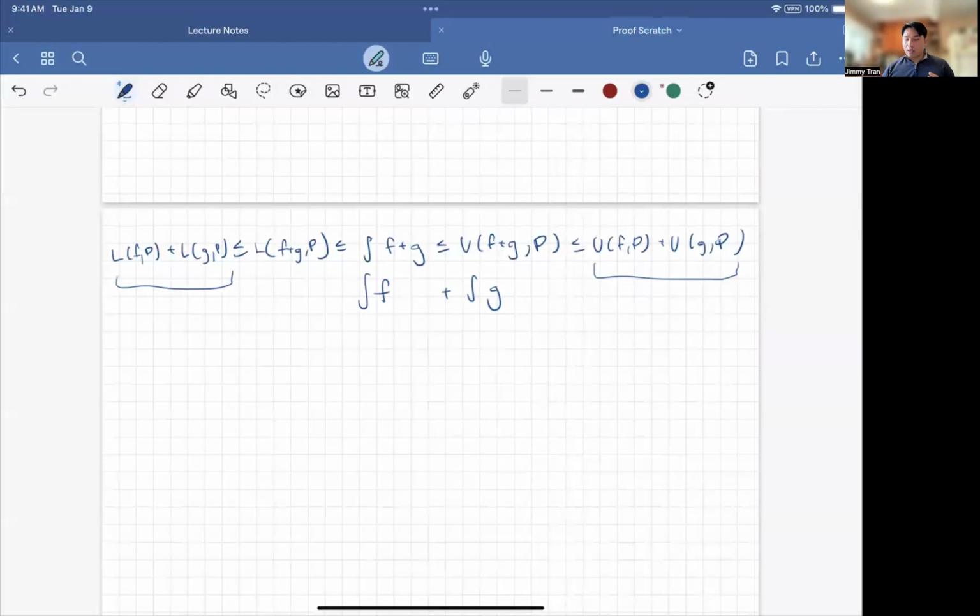And so because we can make the difference between the left-hand side and the right-hand side be less than epsilon for some epsilon greater than 0, we can say that both the integral of f plus g and the integral of f plus the integral of g are squeezed. And so we can ultimately conclude that the integral of f plus g is equal to the integral of f plus the integral of g, which completes our proof. Okay. And I think that should be it.